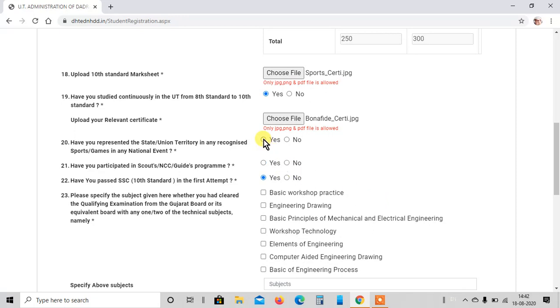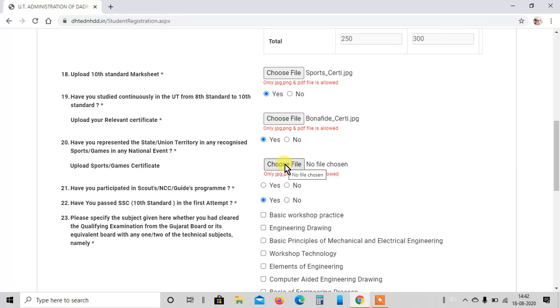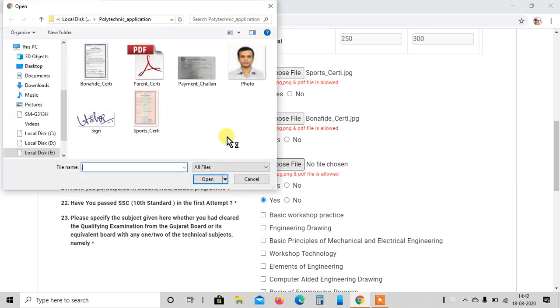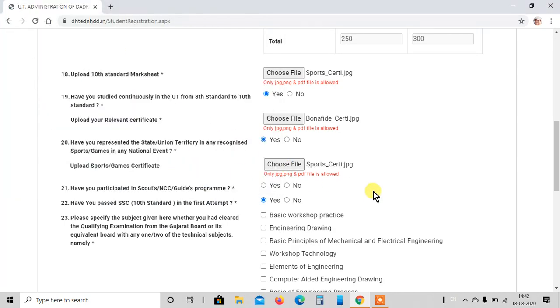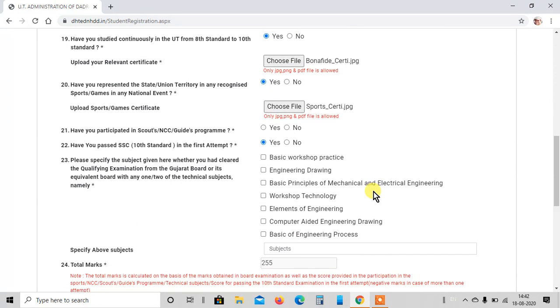If you click yes, then you have to select a proper certificate and insert it. Have you participated in Scouts, NCC, Guides program? If yes, then you have to select the file and insert it, or otherwise select no.